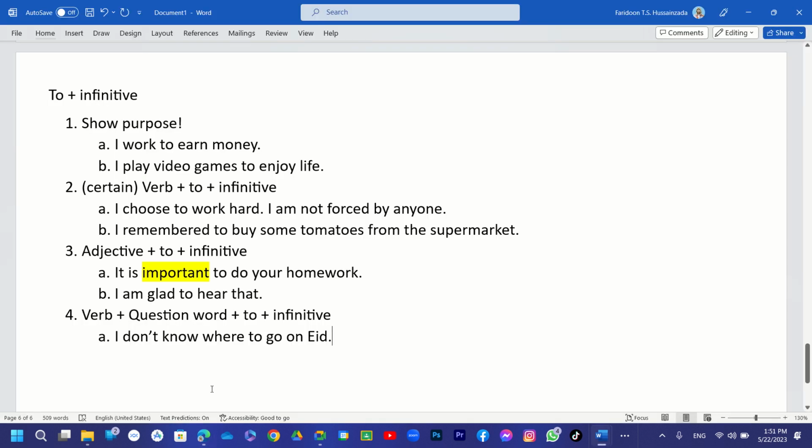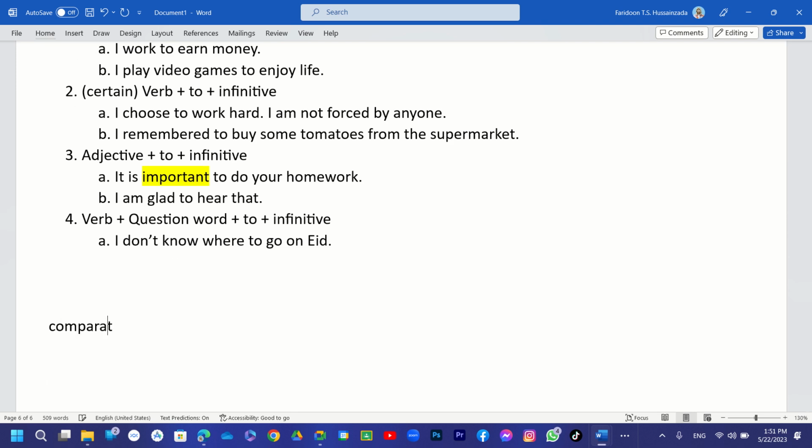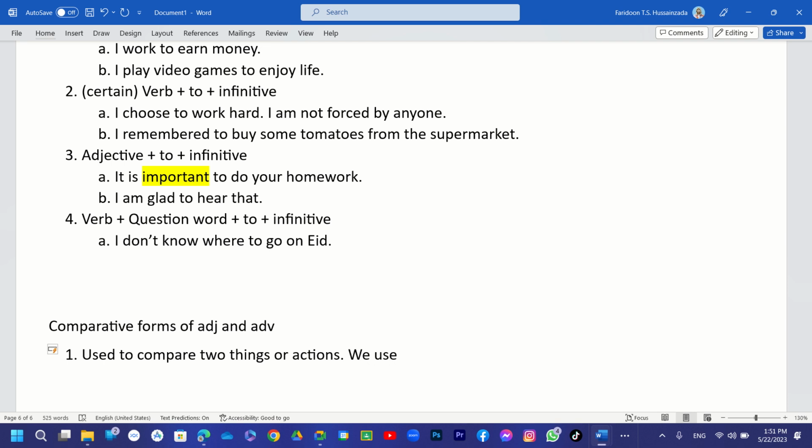If we write some examples here as well, let's just put it. The comparative forms of adjectives and adverbs are used to what? Used to compare two things or two actions. We use than most of the time, okay? So an example can be like,